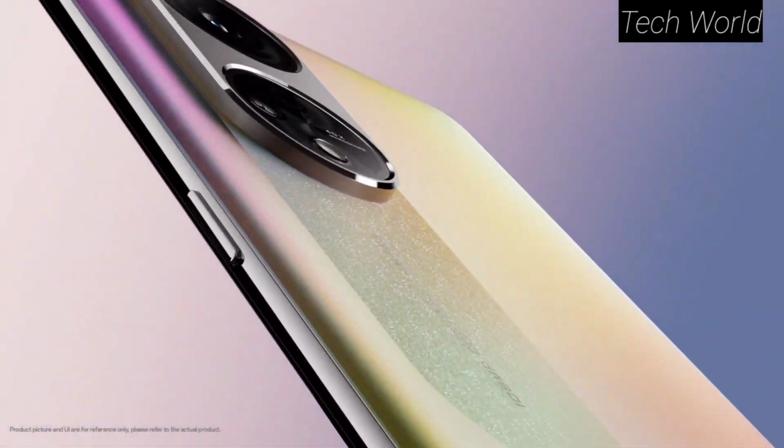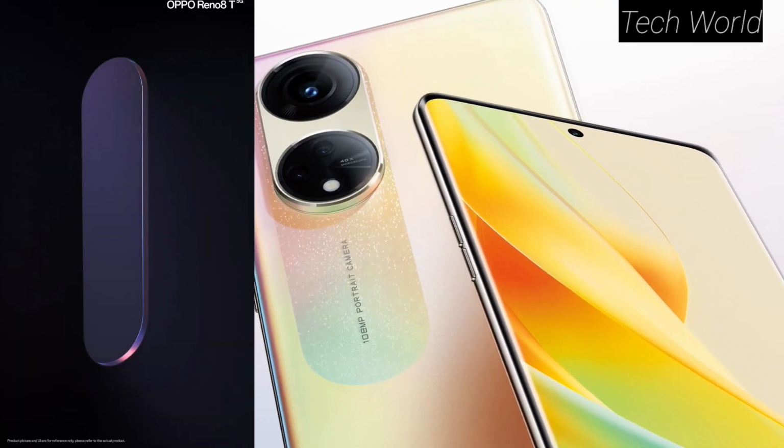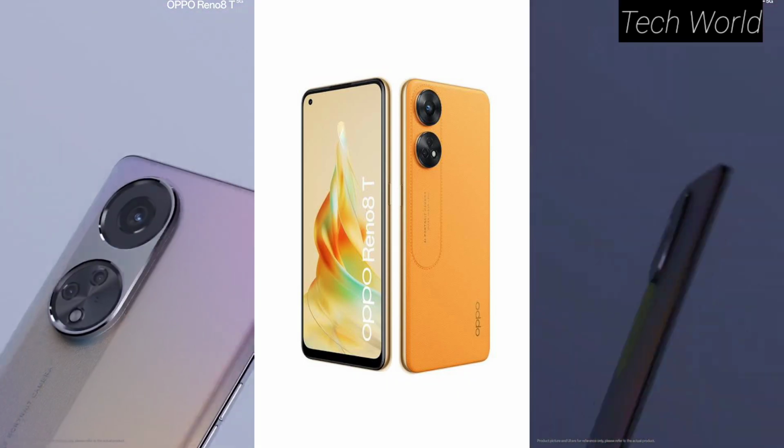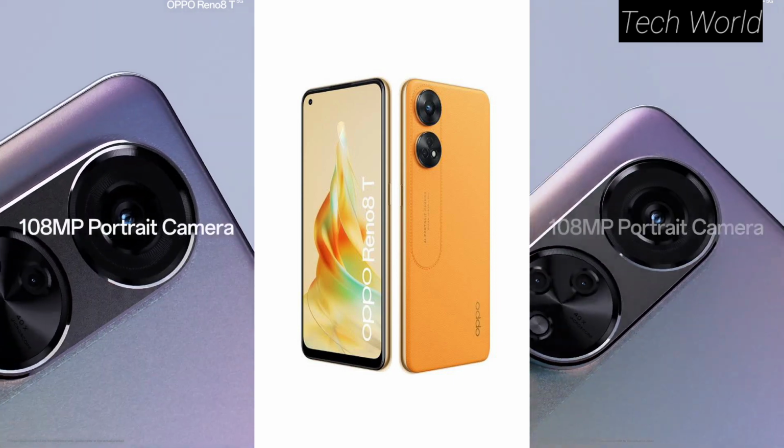a 90Hz refresh rate. The device is available in two stunning color options, Galactic Silver and Starry Blue. The back of the device is made of glass and is smooth to the touch, giving it a premium look